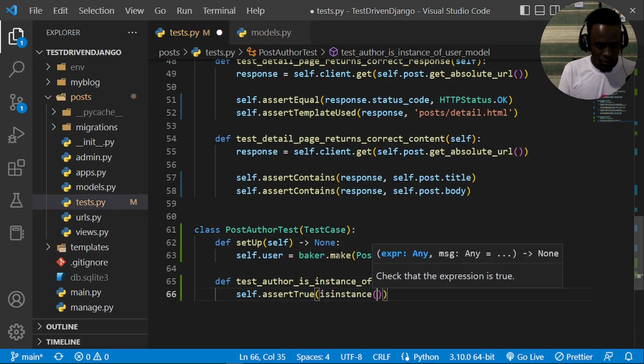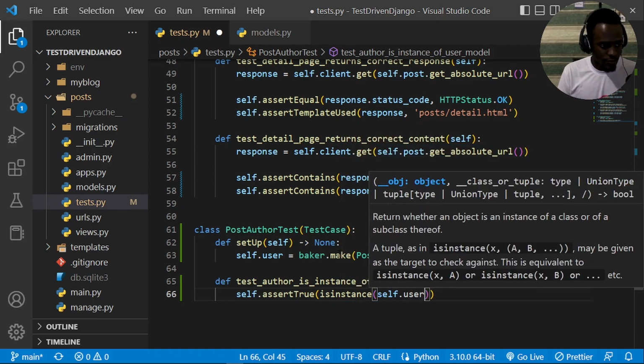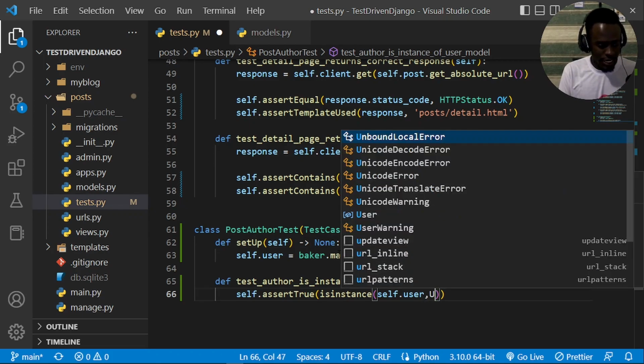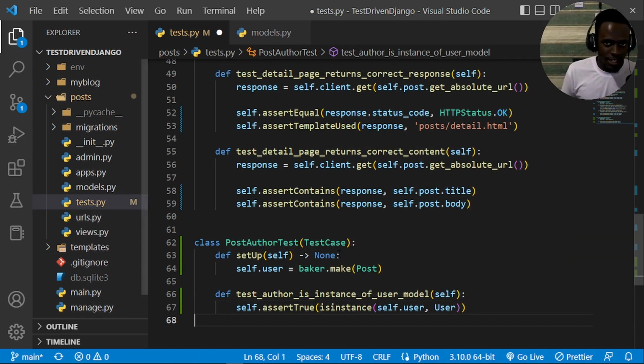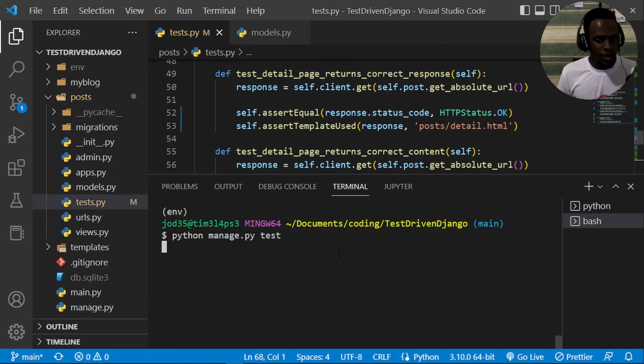So we can just provide our object, which is self.user, and then we also provide the class. In this case, our class is going to be our user class. So I'll just basically provide that user class. And once we have this, let's go ahead and run our test. So when I pull up our terminal and run our test,